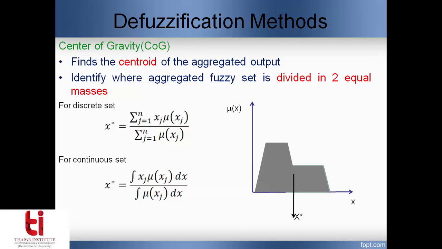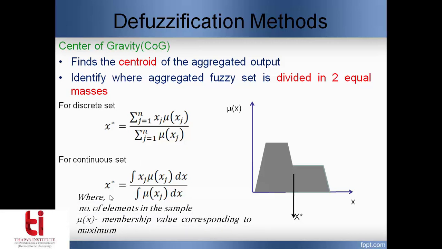This method is one of the most accurately used methods, which gives me good results. But again, it is quite computationally extensive, especially when there is a large database or rule base, and the aggregated output has more than 3-4 fuzzy sets in the aggregation. So it requires a lot of computations. Okay. So I can just say that in this case, let's say I will divide my whole aggregated output into regular structures whose area I can find out.